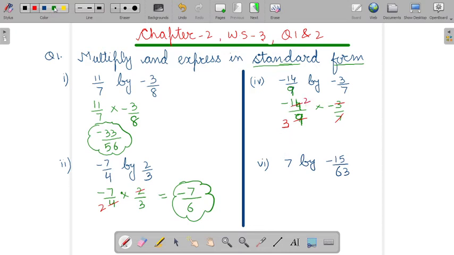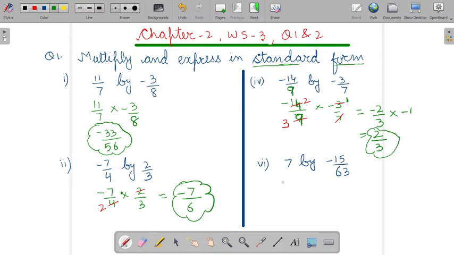So what is left now? Here if you observe, minus 2 upon 3 multiply, what will remain here? It would be 1 if you cancel. So minus 1. Be careful about the signs also. So now multiply upper with upper. Minus 2 multiply minus 1, so it would be plus 2 upon 3. So this is the answer.